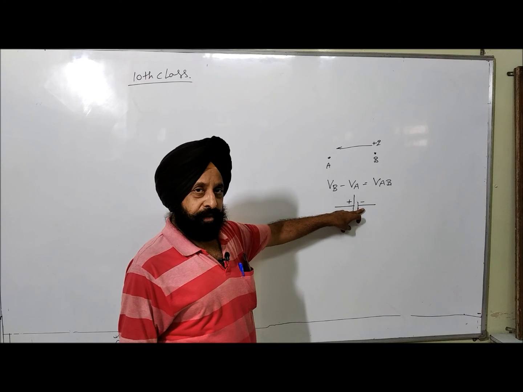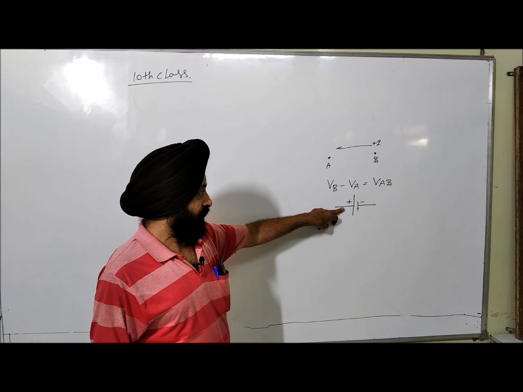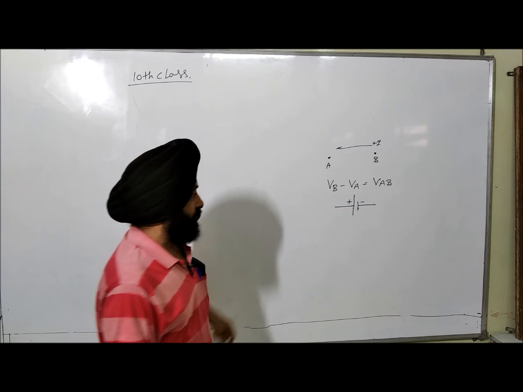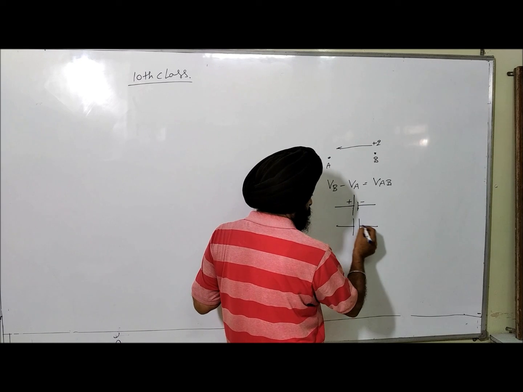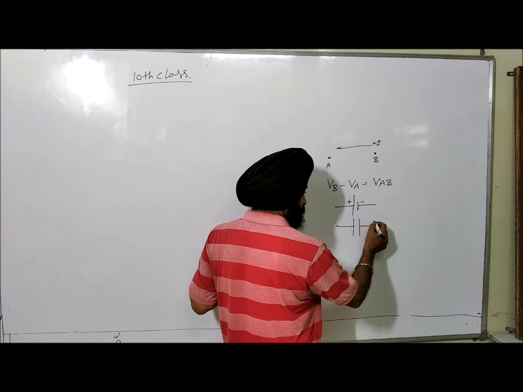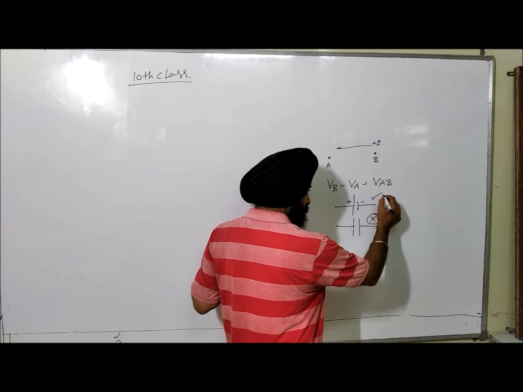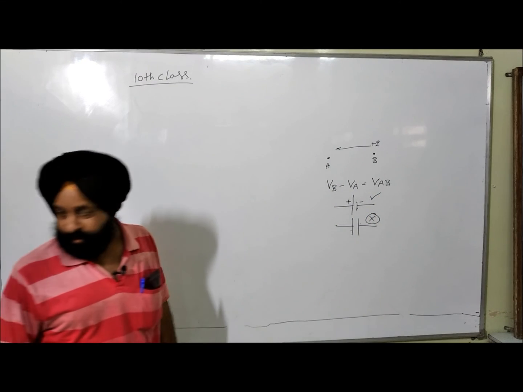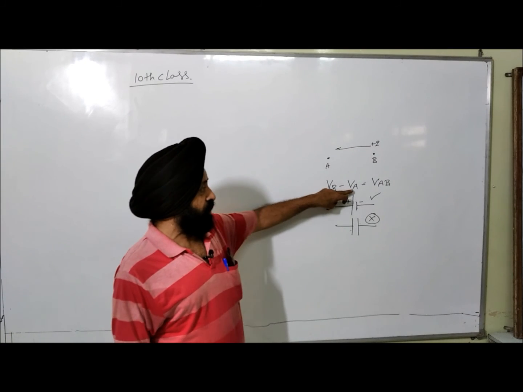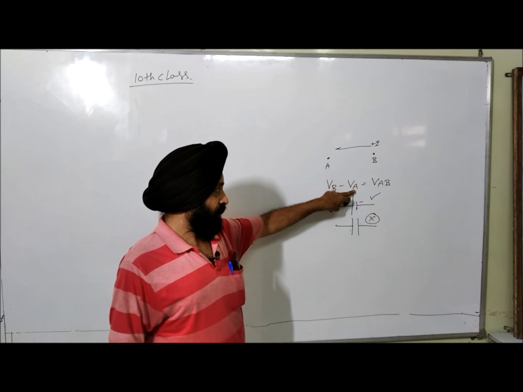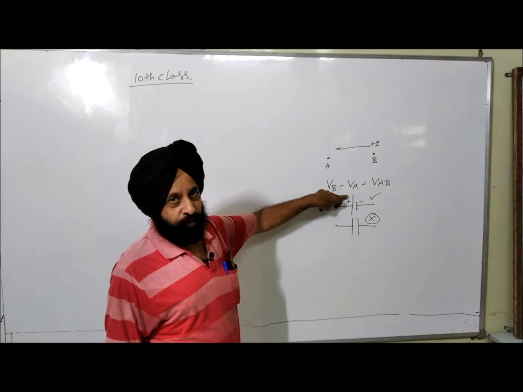So this one is negative, and this one is positive. If we make two lines of the same length, this is wrong. This is the right way to draw a cell or a battery. When there is a potential difference across the conductor, there is a flow of